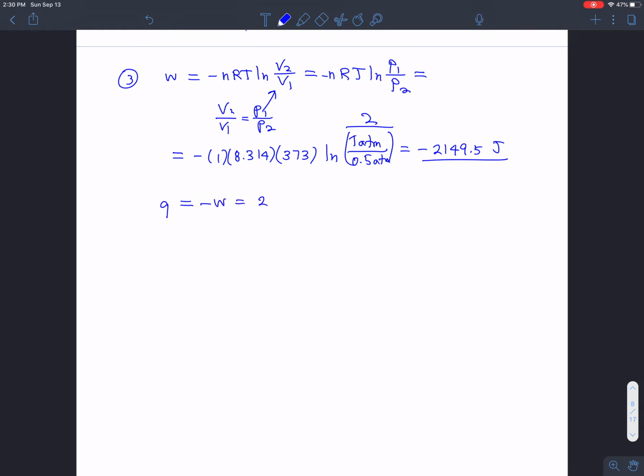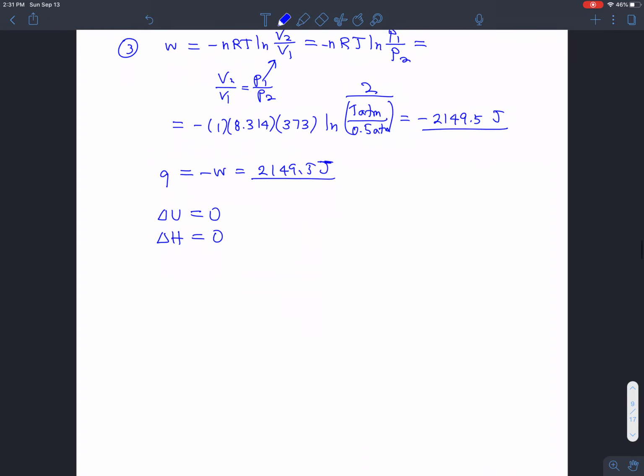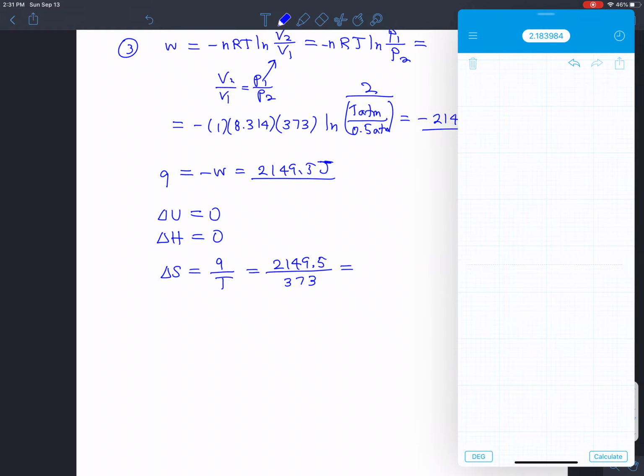So that's 2149.5 joules plus. Delta U then is equal to 0. Delta H is equal to 0. It's an isothermal process for an ideal gas. Delta U and delta H are both 0. Delta S, since it's an isothermal process, has to be Q over T. And so that's 2149.5 divided by 373, which is equal to